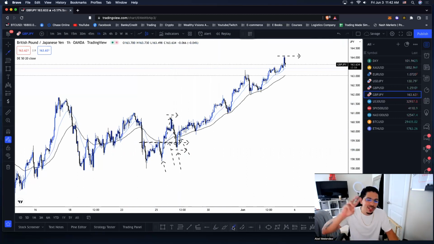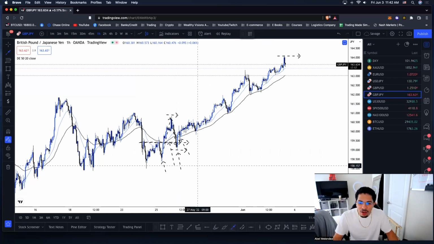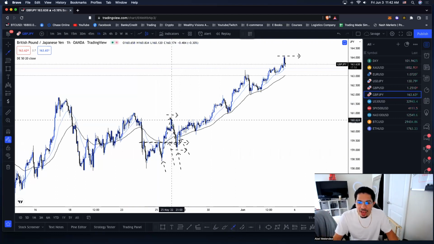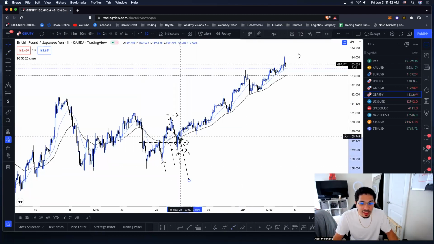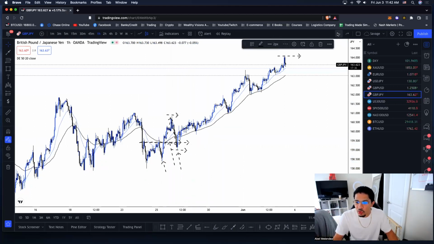So very simple, 1, 2, 3 strategy, right? We have the impulse break of structure telling us the uptrend. We have the pullback, the reaction, the retest back to structure as step number 2. And then step number 3 is waiting for that entry, a break back above the moving averages, whether it be the 50 or the 20, is your entry. So that's one way to look at it.